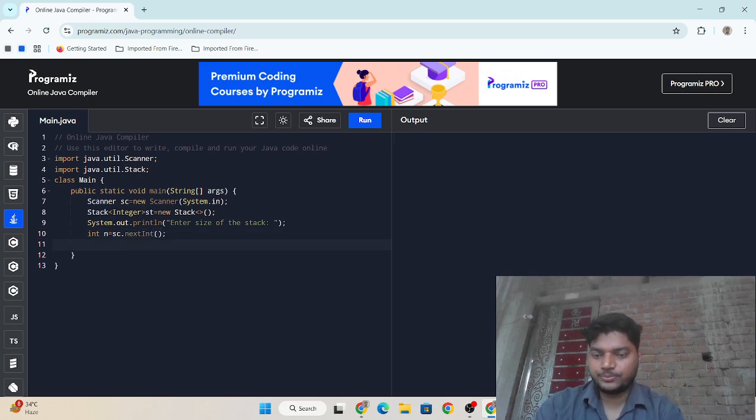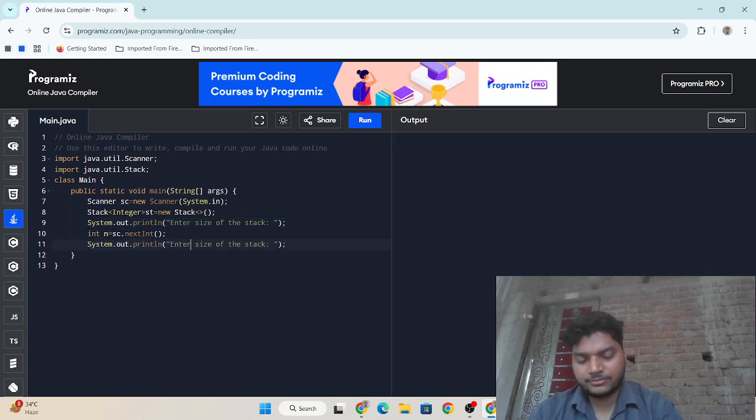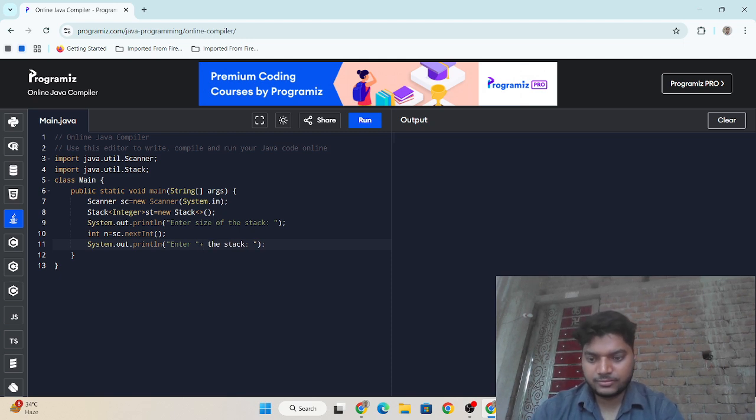Then I need to write this line again and edit it: enter n elements.